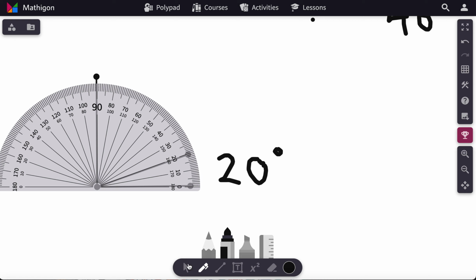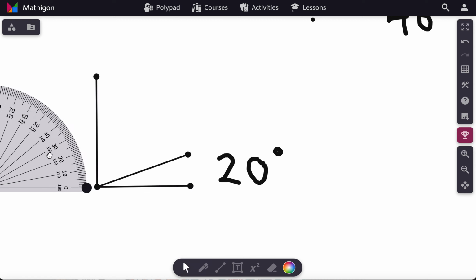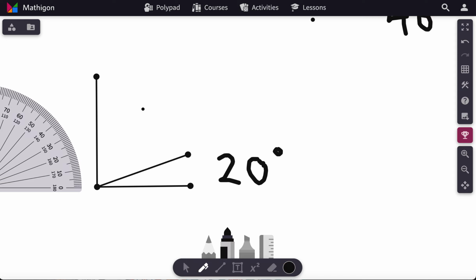And I want you to find what this angle is right here. And to kind of get you started, I'm going to draw us a little algebraic equation. I'm going to say 20 plus question mark equals 90. So leave a comment with your answer,